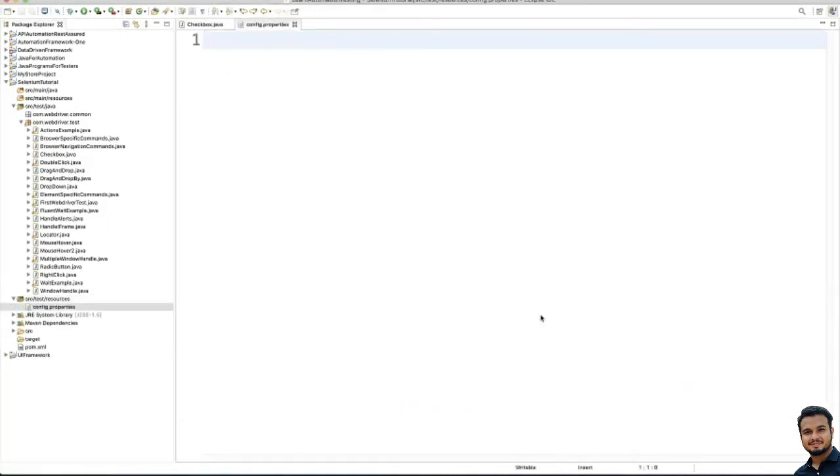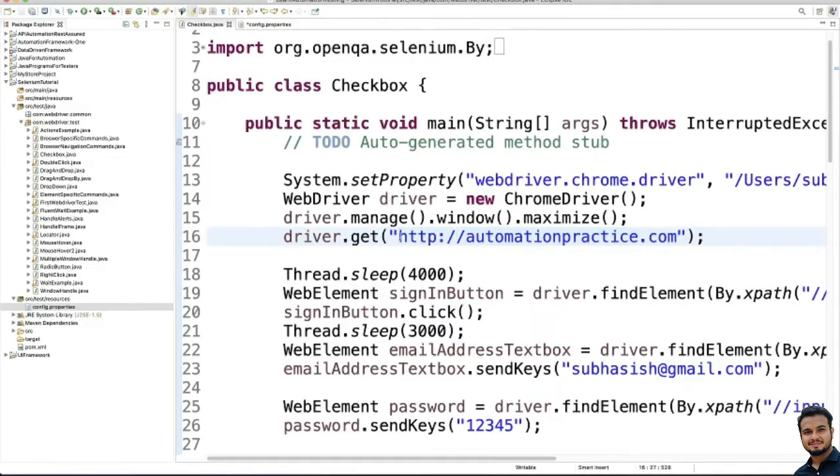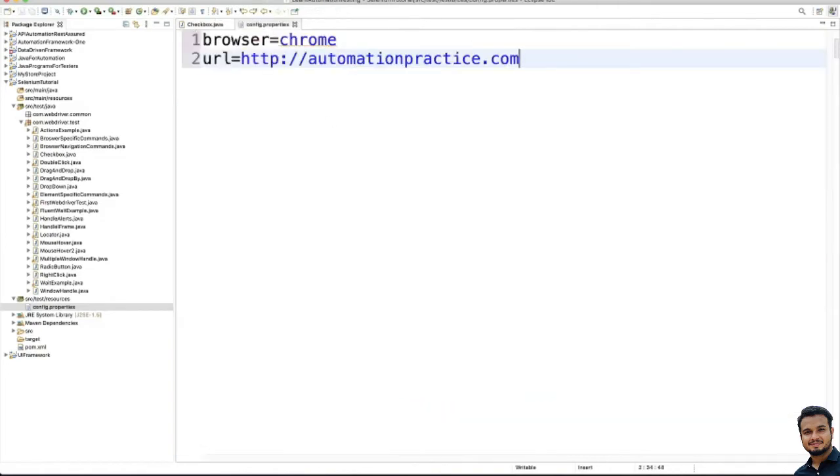Finish. Okay, so this is your property file, and the values inside this property file will be a key value pair, right? For example, browser, we are talking about browser. Now you want to test with the Chrome browser, in future you want to test with the Firefox browser, so we should configure that. Similarly URL, right? For example, here we are telling this is the URL, so let me just copy paste. Okay, fine. So these are the config properties or config values, you can say.